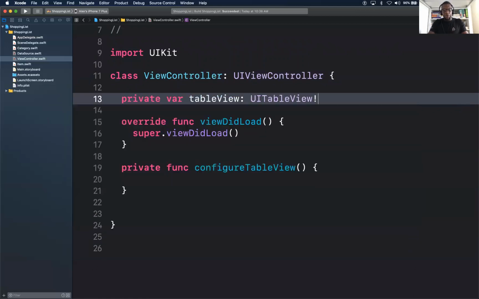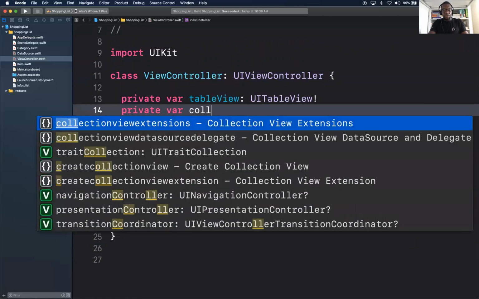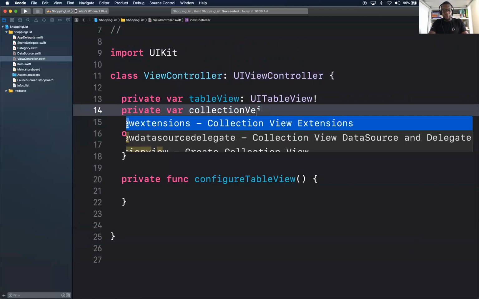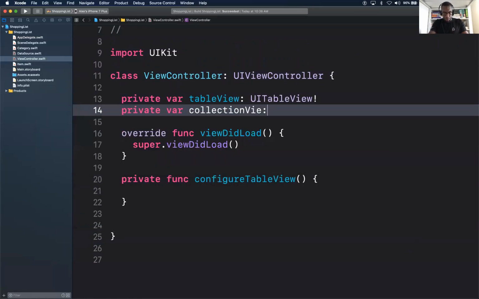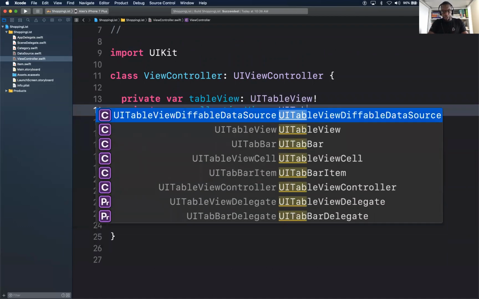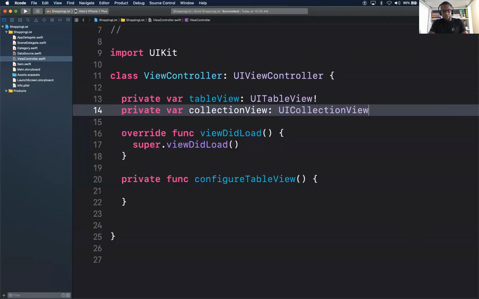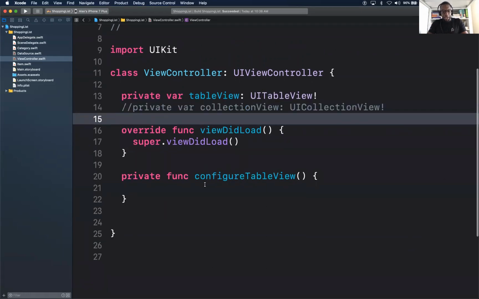And keep in mind, everything we're doing here for table view could easily be a collection view. The API is pretty much the same. Right. Okay, so configure our table view.